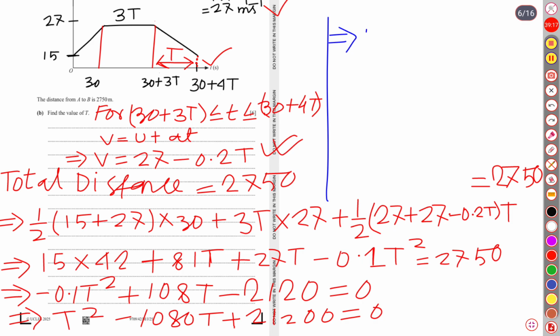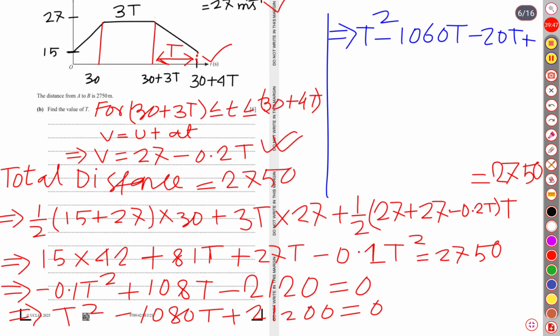So t square, if we divide 1080t, that is, we can write 1060t minus 20t, plus,